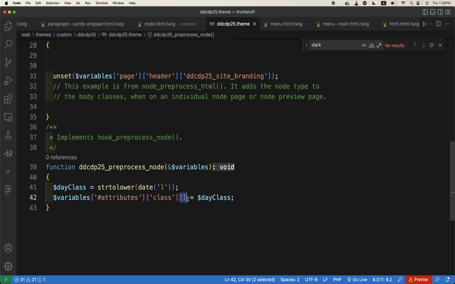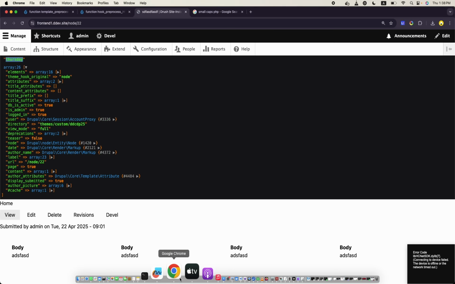What does this mean? If I remove it, then the actual ones will be lost, because it will add another array inside there. But if we do something like this, it will add this class as an extra item. Now if we refresh